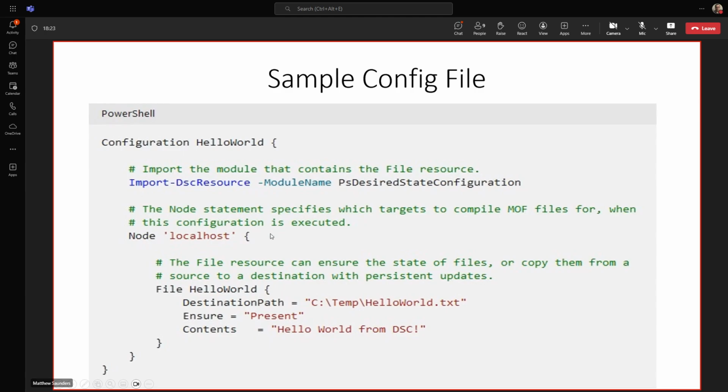After that, you want to have your node block. Here we're defining a node called localhost, which, as you know, every machine calls itself localhost. So what that means is that if I run this on a machine, no matter what the machine's name, it's going to say, oh, that's me, because I'm localhost. And so then it'll run